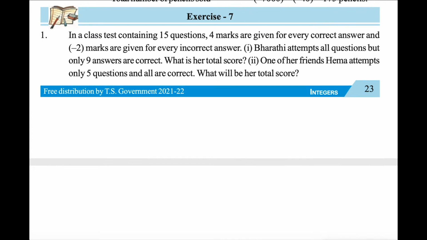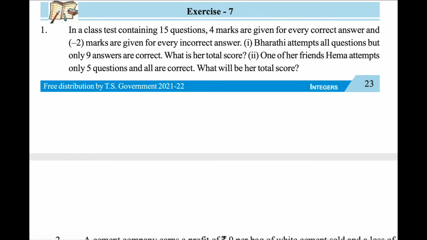Well, let's see the exercise 7 also. In a class test containing 15 questions, 4 marks are given for every correct answer and minus 2 marks are given for every incorrect answer. Bharati attempts all questions but only 9 answers are correct. What is her total score? Total containing 15 questions, 4 marks for every correct answer. So 9 answers are correct. 9 into 4, 36. Okay, 36 positive marks awarded